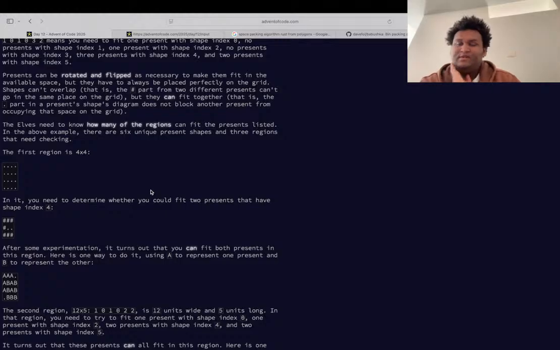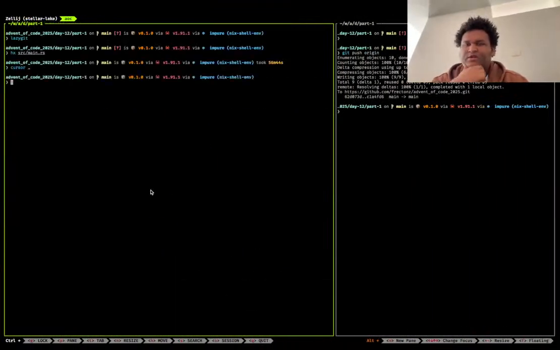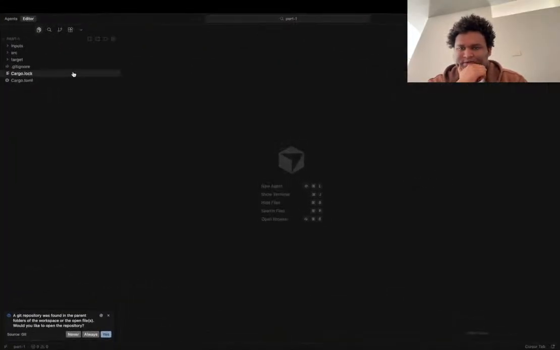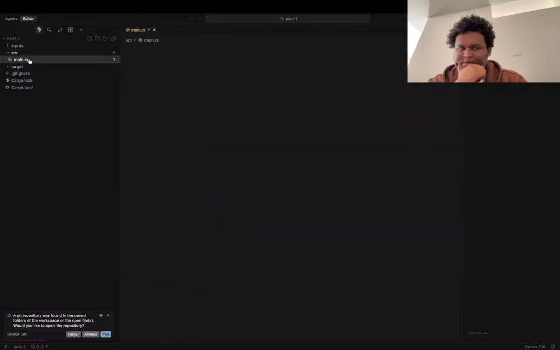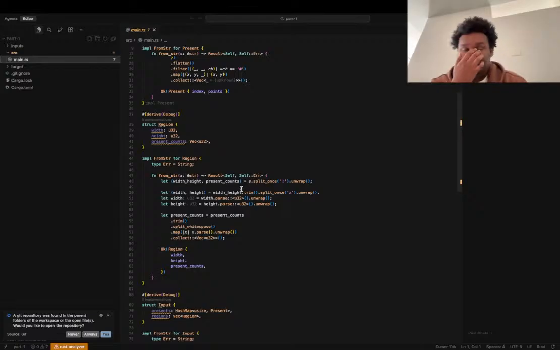I guess maybe we can, let's try. Let's actually try opening up Cursor, and let's try doing something like this. So open main.rs, and let's actually